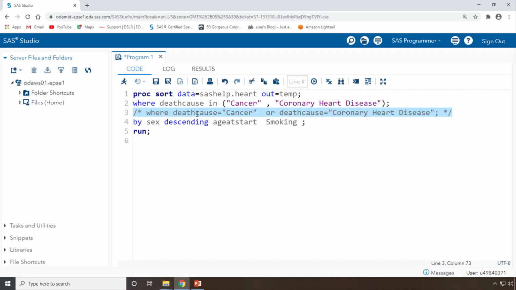For the time being, I'm just commenting this particular line. I commented it by using Control with question mark, so that is the way of commenting, because I don't want this particular line. I'll go with this one. So either you can use in, or you can use or, both work the same to filter multiple values on the same variable. So let me just run it.